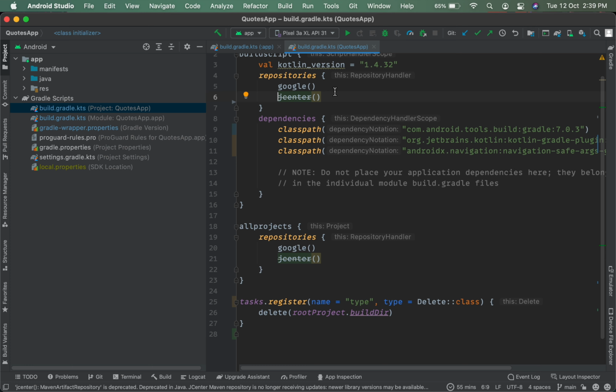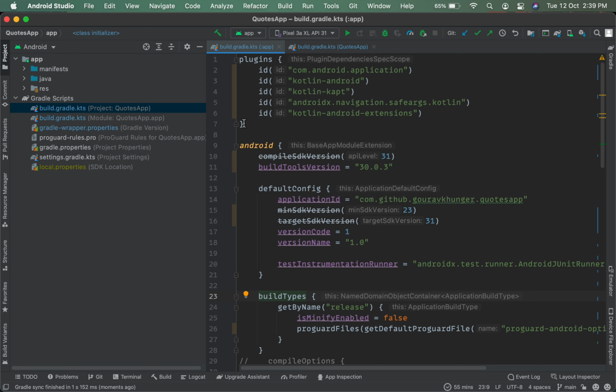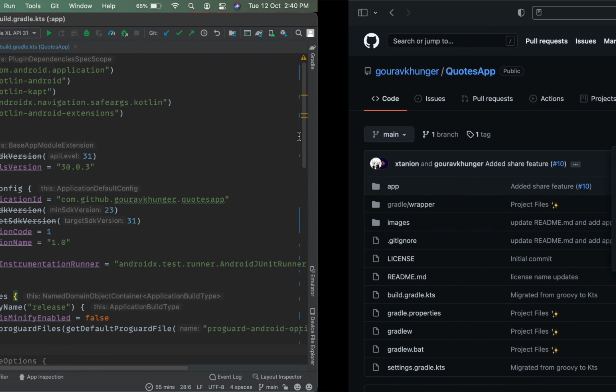I'm not sure about the relation between these two, but you have to make sure that JCenter is included. Most of you will have excluded it from the project while migrating. So this is the error you're getting. If anyone of you is sure about the relation between JCenter and this Android section in the build.gradle.kts file, and why it causes this error, make sure to drop a comment so that all of us can know. So this was it for the fixing of this error, guys.